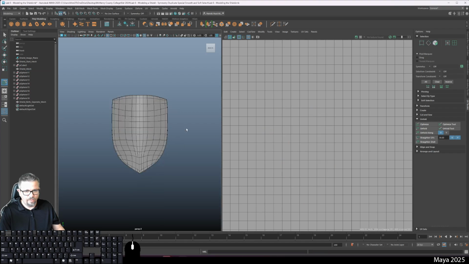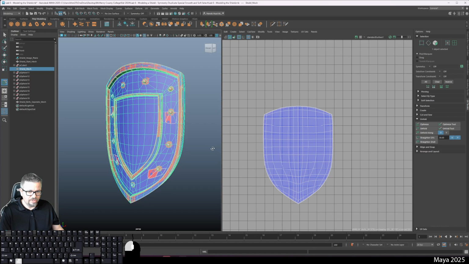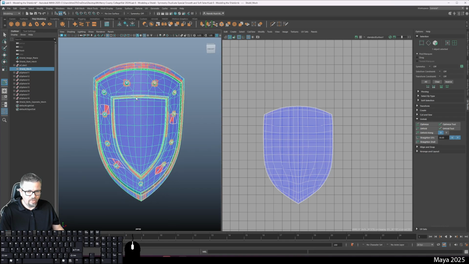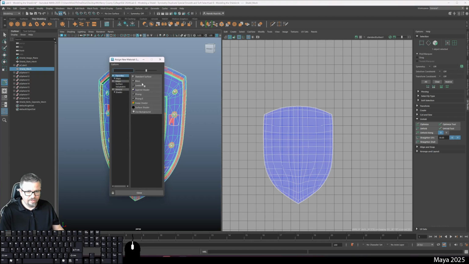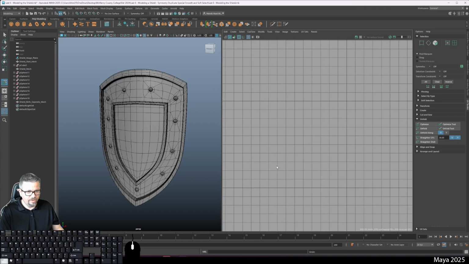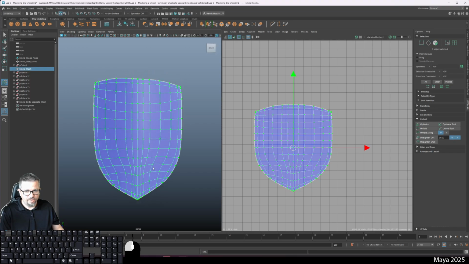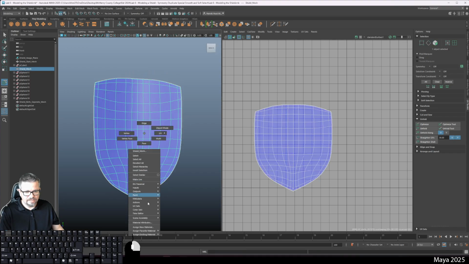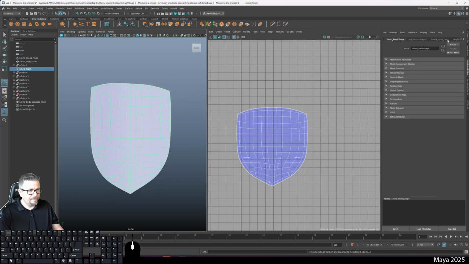Now, before moving forward, I'd like to just show you what it looks like with the checkerboard on it. So I'm going to hold right click and assign new material. Actually, before I do that unfold, let me undo once or twice. Okay, so I'm going to go to my object mode and assign a new material. I don't want this to have any shine or sheen or anything like that, so I'm going to click on Lambert,